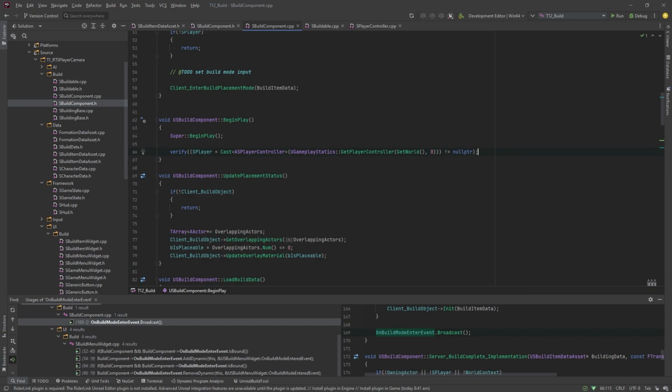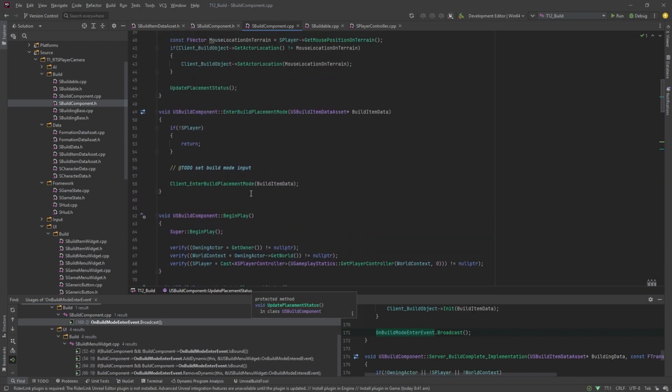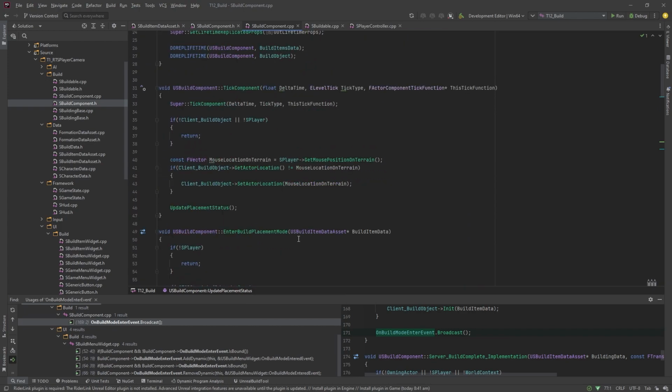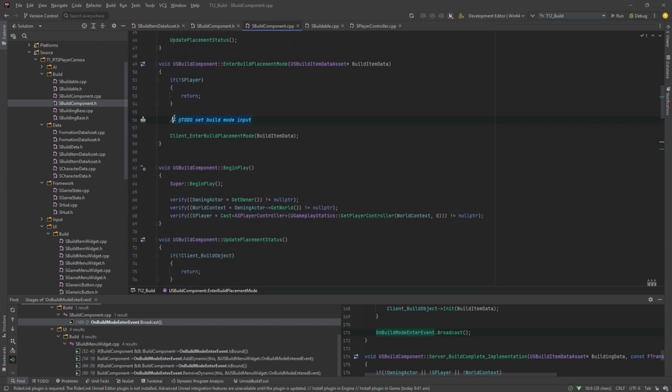So we've got our player controller here, and we just want to add the owning actor and the world context. So we're using the owning actor to get the world context, and then we can update this with our world context as well. So just the world. And then I've added that to tick. That's all good. So I think to finalize the build component,